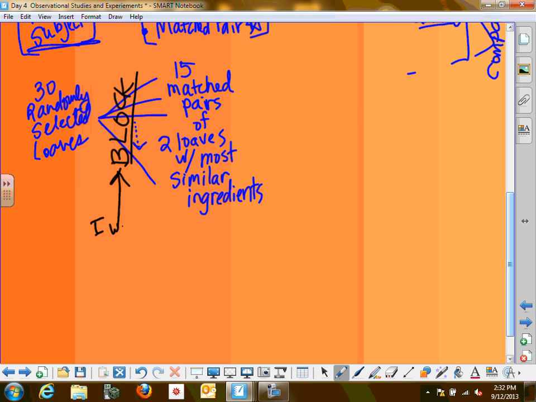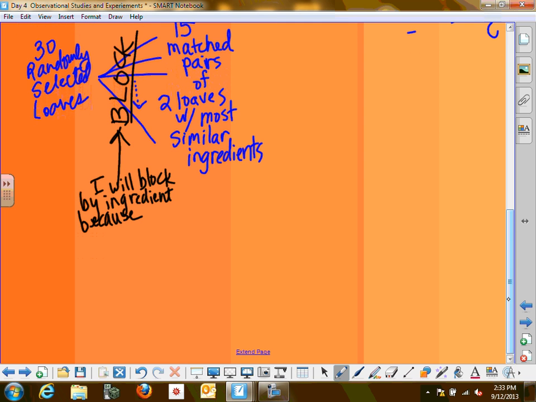I will block by ingredient because okay, so you don't want to block by like the color of the packaging, because the color of the packaging probably doesn't have anything to do with the preservation of the loaves of bread, right? So that would not be a choice of blocking. I am blocking by ingredients because ingredients may,